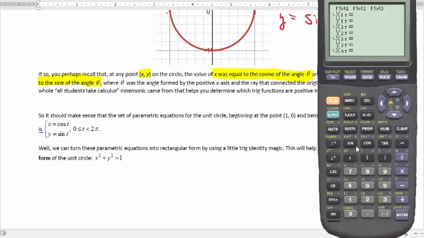If we make x be the cosine of t and y be the sine of t, and let's say we want to trace out this circle twice, what we'll do in our window is make t run from 0 to 4 pi, and we'll make our window go negative 2 to 2 on both x and y. So we'll give the circle a little bit of space to breathe, so it won't be touching the sides of